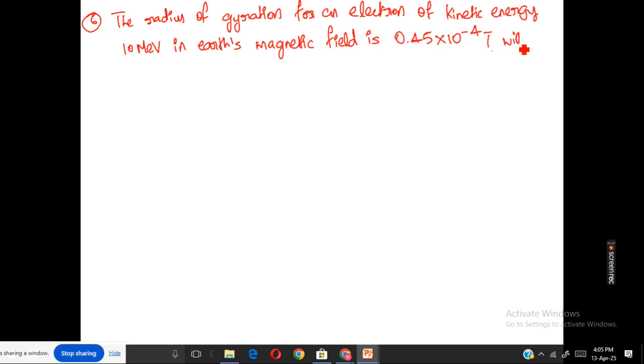So you want to find the radius of gyration for an electron of kinetic energy 10 mega electron volt,